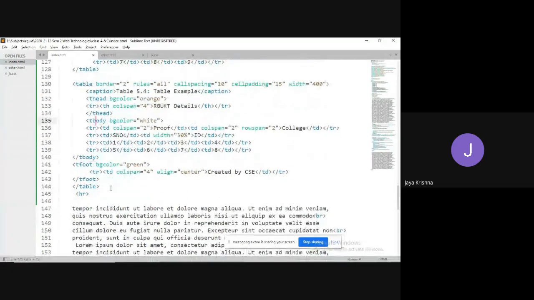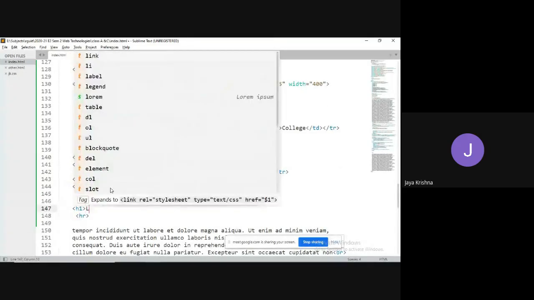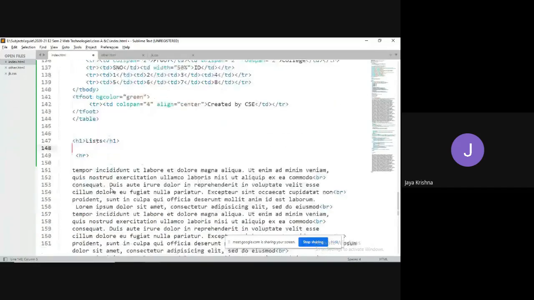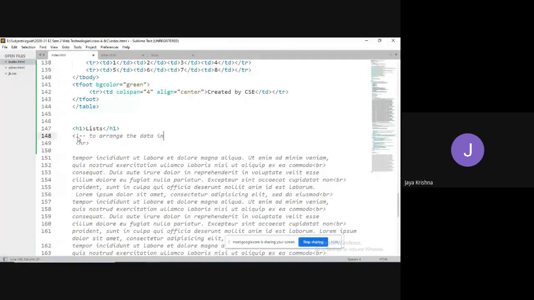Fine. Next concept, list. Yes. These lists are used to arrange the data in different formats.